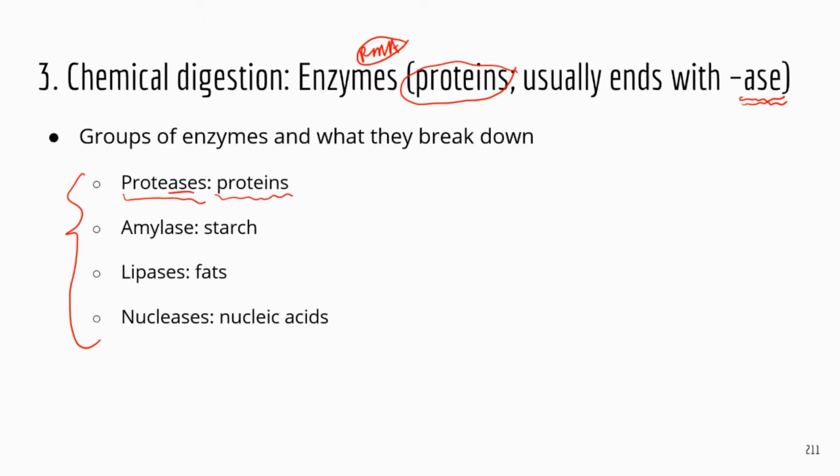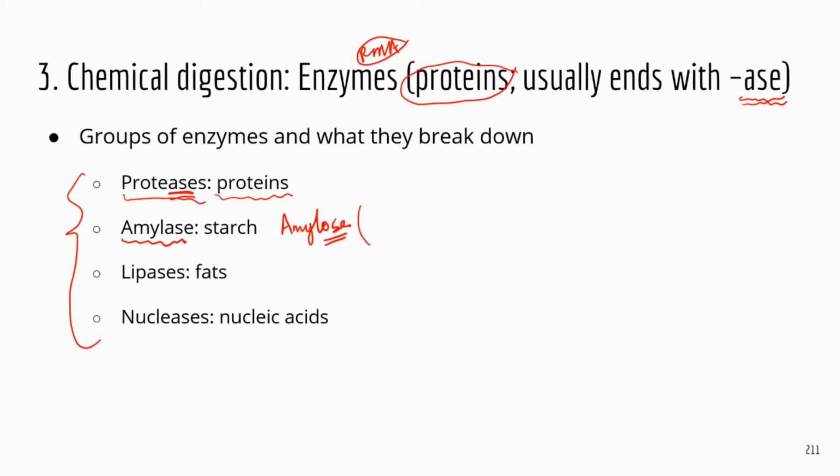So you can see ASE right here, right? And there's a special type of enzyme that digests starch. It's called amylase, and that's because amylose is a type of starch. So amylase specifically targets amylose. I don't know if you remember. Oh no, yeah, we haven't talked about carbohydrates yet.